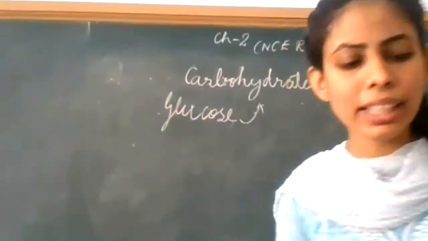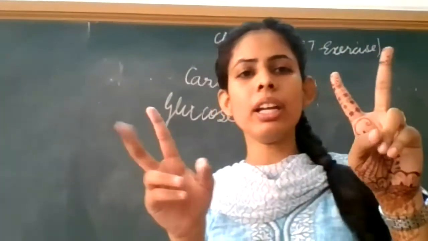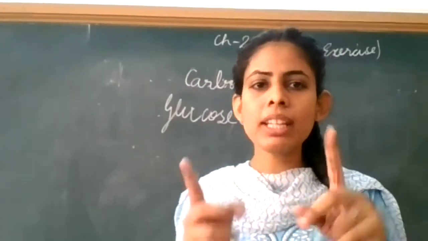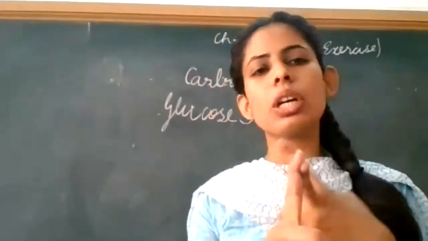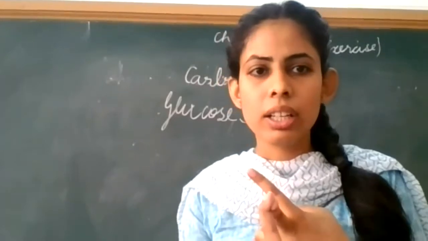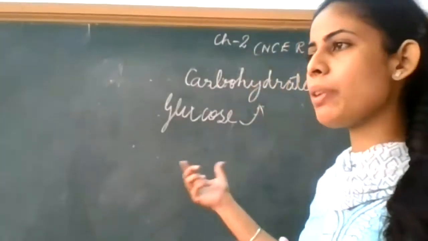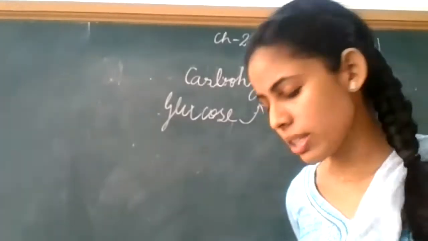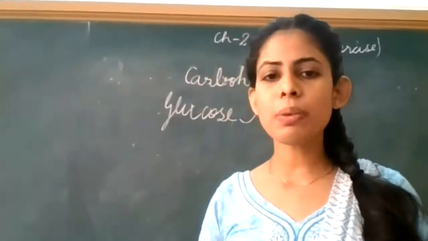Clear? मैंने आपको बताया था कार्बोहाइड्रेट्स के टू फॉर्म हैं, एक है स्टार्च, एक है शुगर्स. मींस हमें स्टार्च भी एनर्जी दे रहा है, शुगर्स भी एनर्जी दे रहे हैं. Clear? So glucose is a type of a sugar that you will study in the further classes. So this provides.